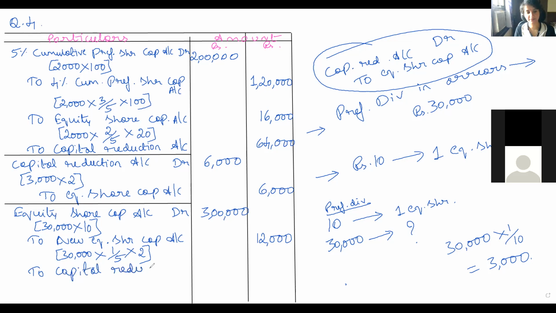You understood now this entry? Okay. Yes, ma'am. So what is the remaining amount? 2,88,000, correct? Yes, ma'am. Which will be transferred to capital reduction. Okay, so being so and so equity shares issued in lieu of old equity shares बोल के लिख सकते हैं।